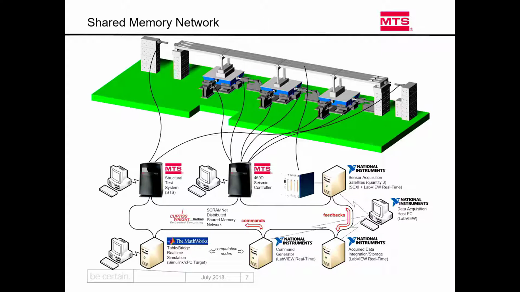Then you could have a bunch of data acquisitions, everything linked through a ScramNet ring. Every machine on the ring is a node, and they are all on a real-time clock, so they all pass information. As long as the information shows up in one of them, all the others get it simultaneously,